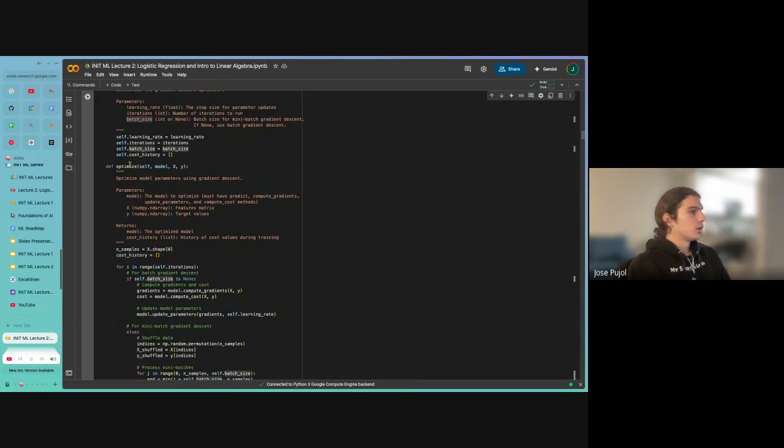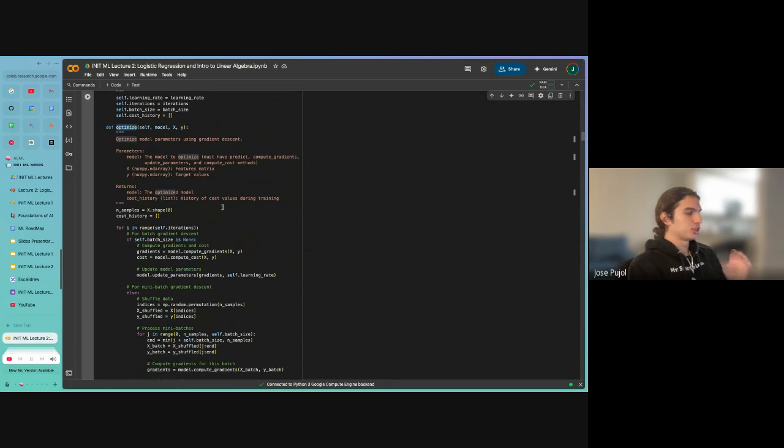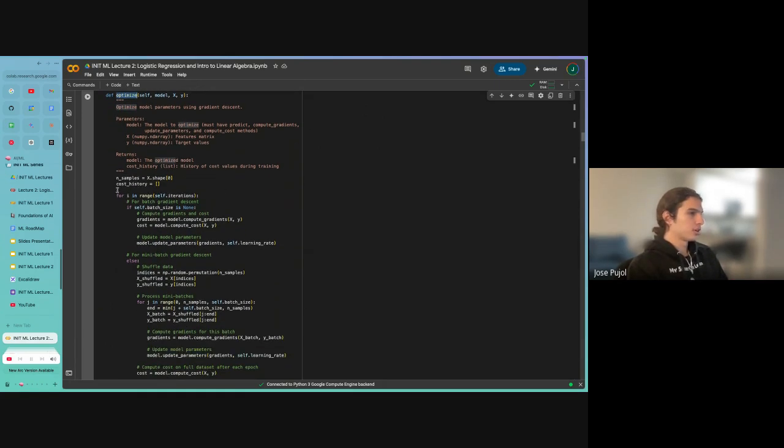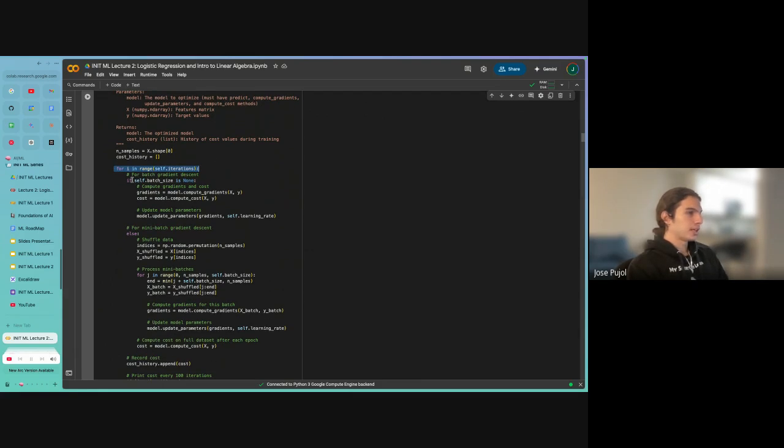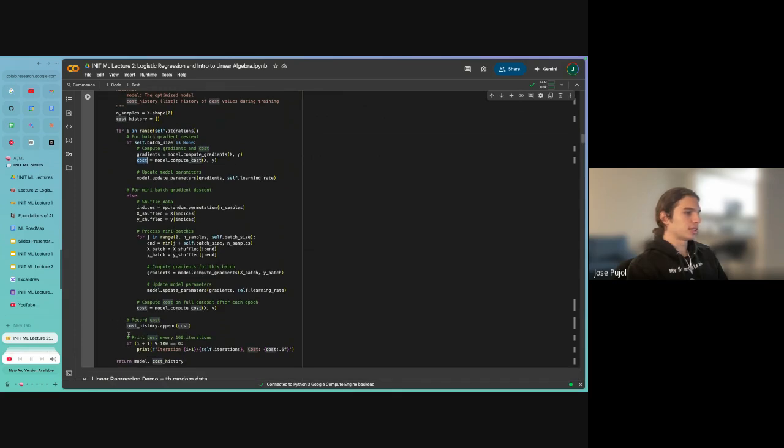And so our optimize function, which is the core function here, we're just going to run it for as many iterations as we specify. And in this case, we're not going to use a batch size. So it's really just going to be getting our gradients and then computing the cost. But again, this cost here, we're just using it mainly for plotting down here.